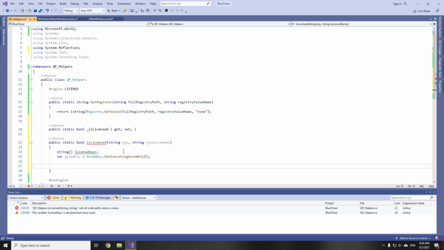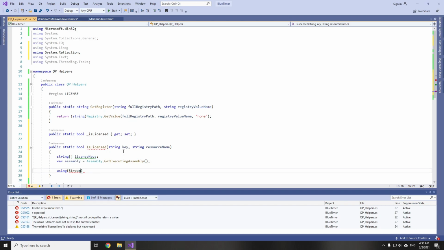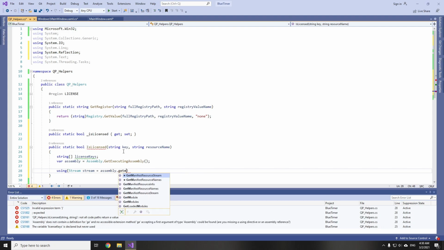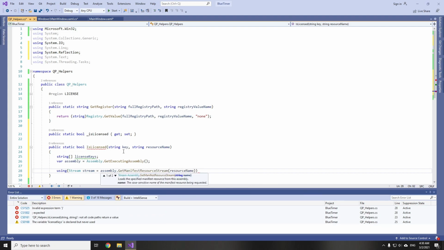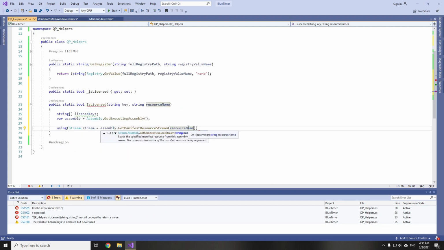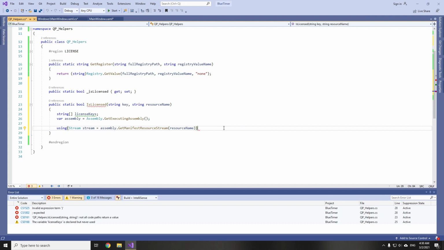Now here, using Stream, Ctrl+. to include it, called stream, which will be equal to assembly.GetManifestResourceStream, and here we will pass our resource. Our resource is going to be just a text file included in this project, but invisible to the outside world.